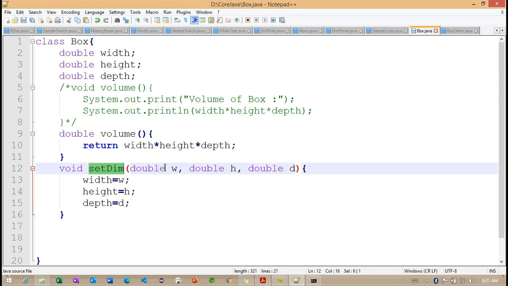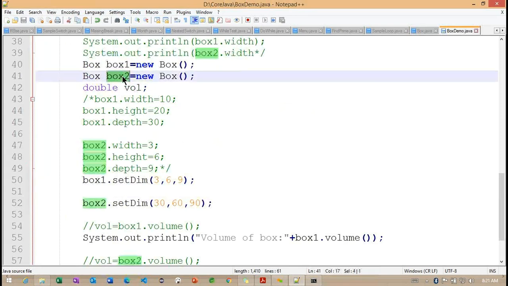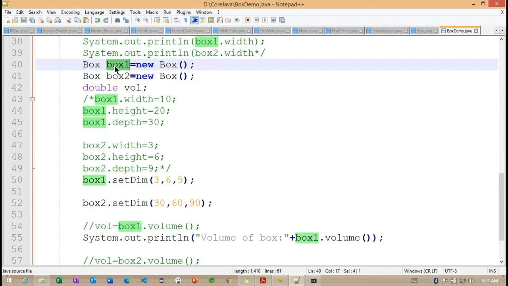Getting the point. Until we terminate this object reference, something called box 1 and box 2. These are the object references here. When we make this particular object null, at the time of making it null, the object is no longer available. This is exactly the purpose of the heap memory. Right. We need to understand this very carefully. The memory allocation is also important here.